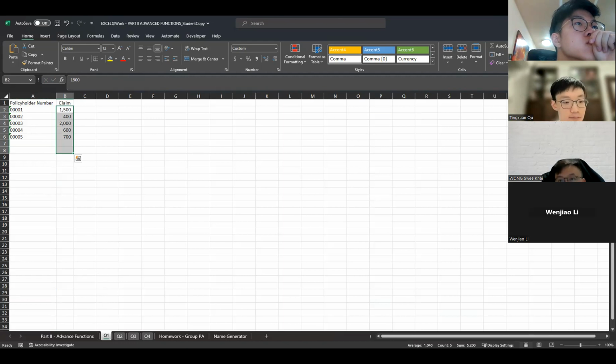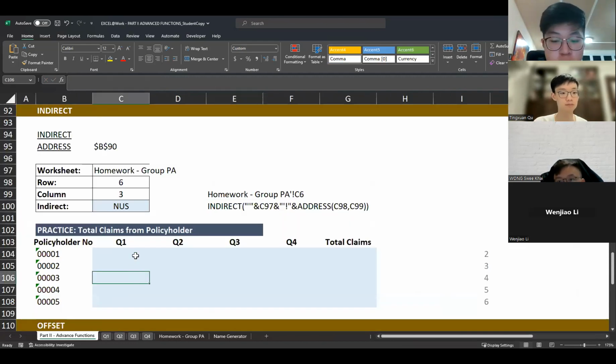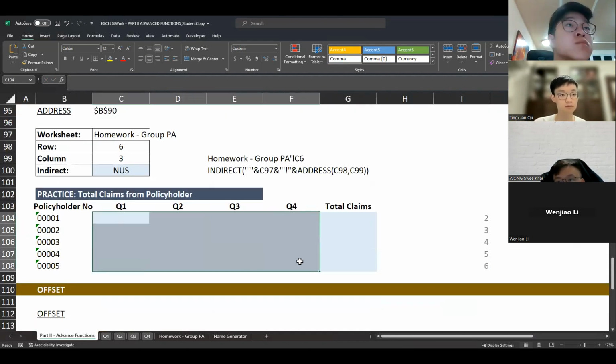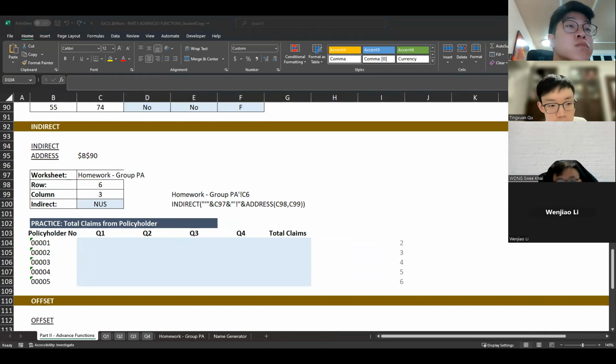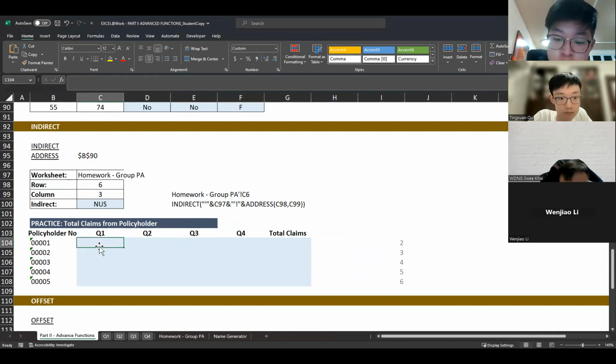So what I want to do is reference the different columns here, and then sum them up later on, right? This is actually quite useful because I can compile all the different worksheets together into one particular table for me to use and answer them. Okay, so let's try this out.